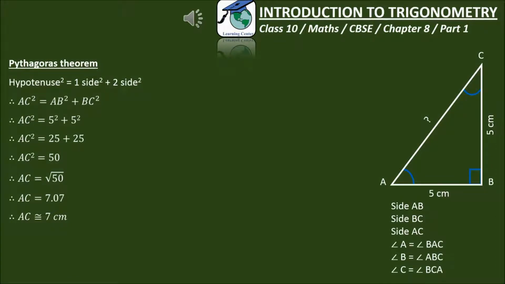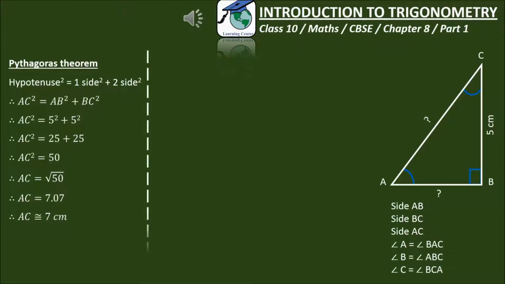You have studied in your earlier standards also that if you know two sides of a right angle triangle, you can find the third side by using the Pythagoras theorem. In this example, if I don't know side AB also, and I just know side BC, how can I find the measurements of sides AB and AC? Obviously, we need some data to find the values of AB and AC. Only knowing BC will not help us to find AB and AC.